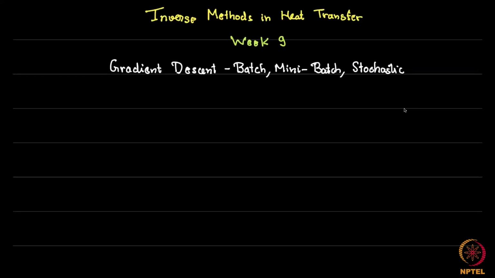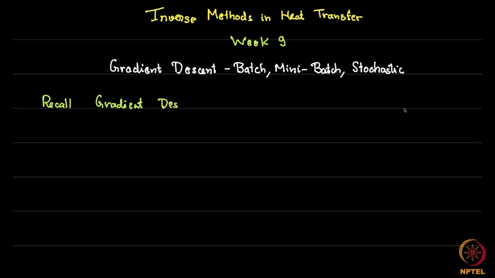Welcome back. This is week 9 of inverse methods in heat transfer. In this video, I'll be talking about some variations of gradient descent. These are called batch gradient descent, mini batch gradient descent, and stochastic gradient descent. Now, all these are particularly relevant for two reasons. So, if you recall gradient descent,